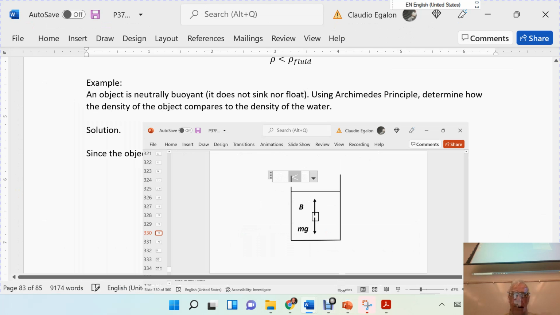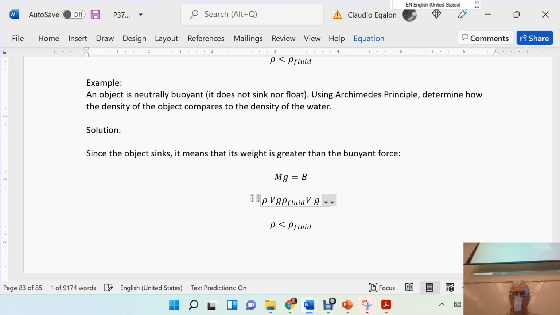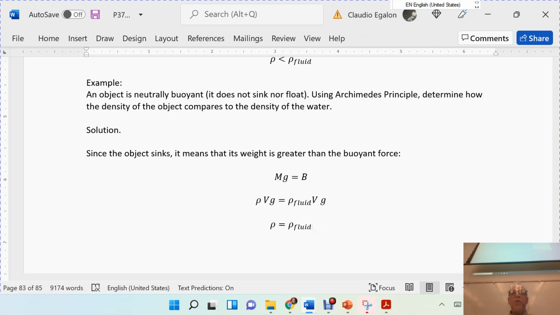Mg equal to buoyant force. Rho Vg equal to rho of the fluid Vg. If you want to become neutrally buoyant, you have to make sure that your overall density, your average density, is going to be equal to the density of the fluid. Okay? And that's a very important skill to have if you're practicing scuba diving. People teach you how to become neutrally buoyant because it's very convenient when you're diving underwater to be neutrally